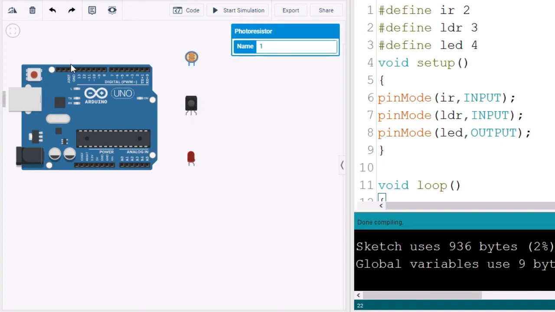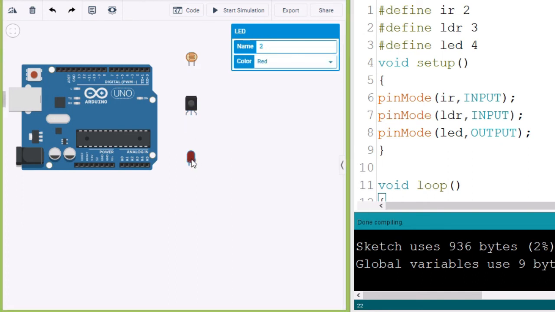So here I have taken the components which are required: the Arduino board, the photoresistor, IR sensor and the LED. So the photoresistor or the light dependent resistor is here having two terminals, the data pin and the positive pin and the negative pin. As you all know, the IR sensor will be having three pins: the output pin, ground pin and the power pin.